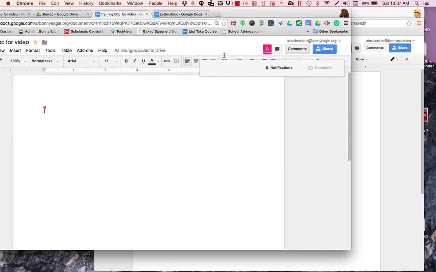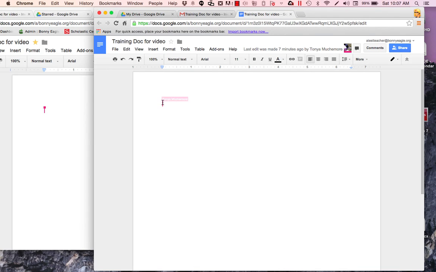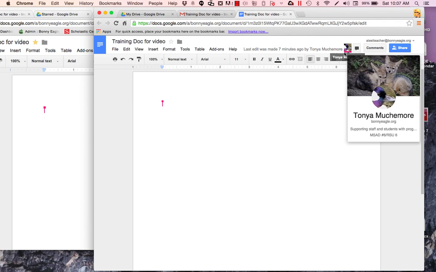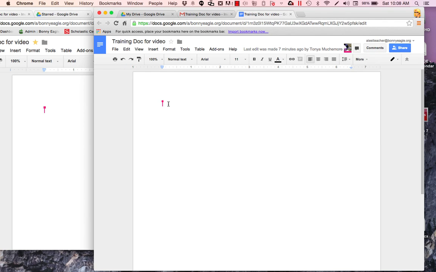You can also see where the person that you've shared it with is currently editing. They're going to be assigned a color, and if you hover over that, their name is going to appear so you know who it is. So if you have many people that are editing, you'll be able to see their color, and it corresponds to the mark on the sheet, and hover over, and it'll give a name. You can see how it has the pink line under my photo here. So if I can type in here,